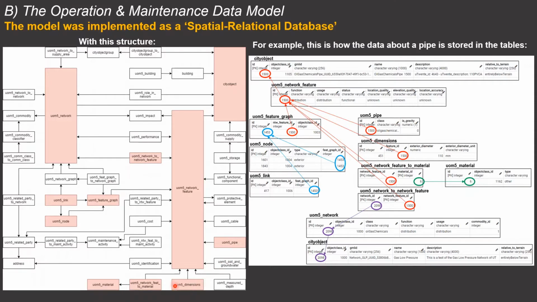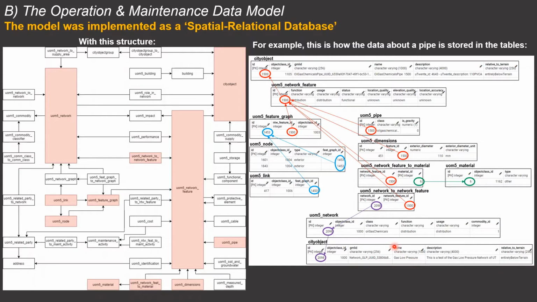It has dimensions, as do all network features, so we store the dimensions of the pipe in this table, and so on and so forth. It has a material, it's stored like this, and it belongs to a network. So we follow this route, and we can see how we relate that this pipe ID 1500 belongs to the